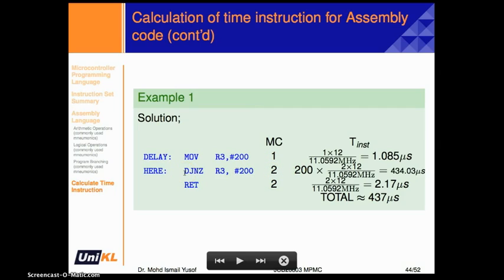For the second line, it is 2 machine cycles, DJNZ. Please refer to the 8051 instruction list. We have 2 machine cycles times 12 divided by 11.0592, and because this line is executed 200 times, we multiply it by 200. We've got